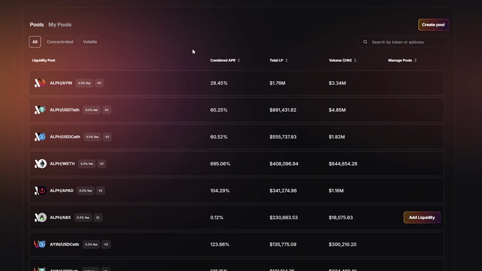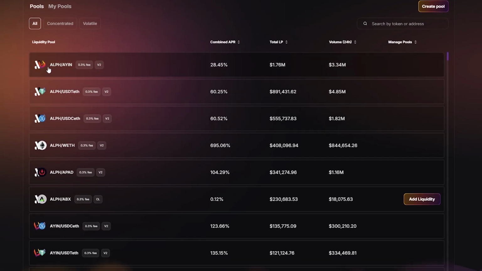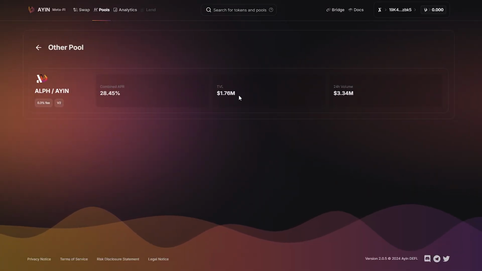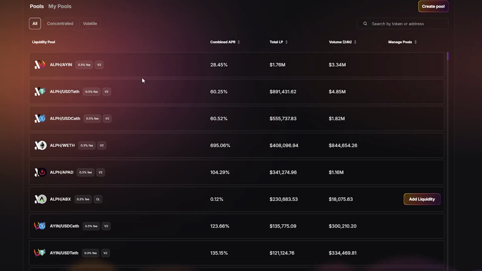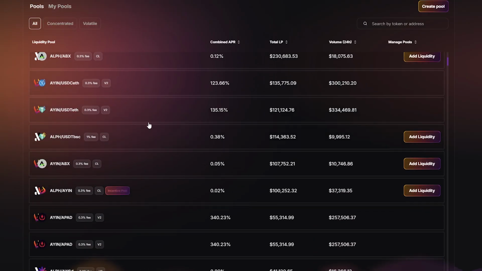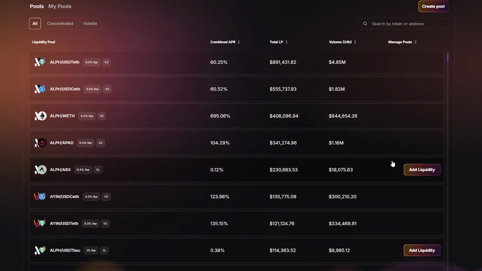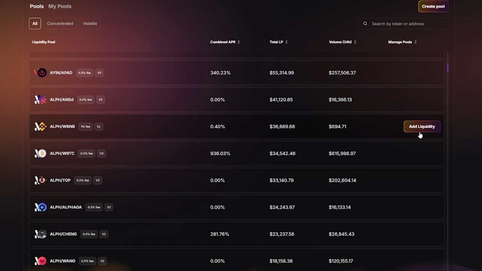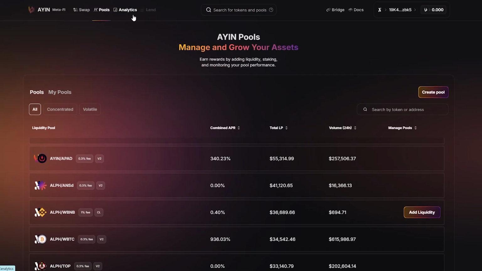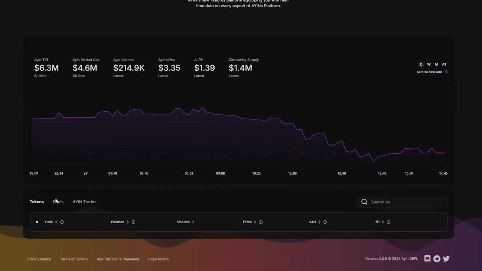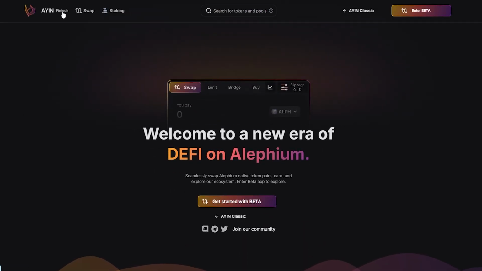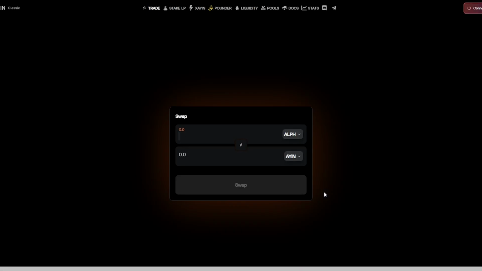So it kind of gives you the combined APR over time. Alephium has kind of dropped dramatically. If we click into this, you can see combined TLV and then volume. I don't know, maybe it's because the beta is not showing all the features currently, but we could go back. You can only add liquidity into certain ones at the current time, so you have to create your own pool if you want to add liquidity into a certain pool. If we go over to analytics again and try to get this to load, so it's not showing it here, but let's try go onto classic AN, and then hopefully we can actually see.